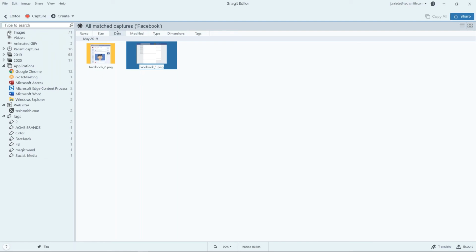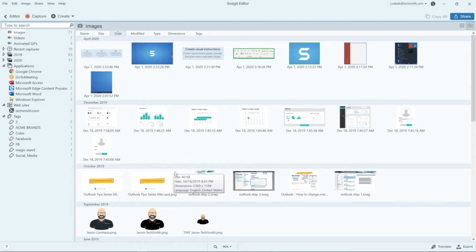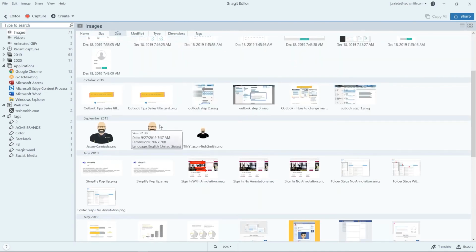So if I clicked on my image section of my library and exposed all my images, I can right-click on any image. Like here's some avatars of me. I look silly, but that's me. I can right-click on one,